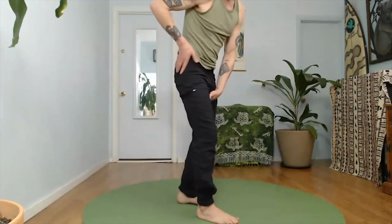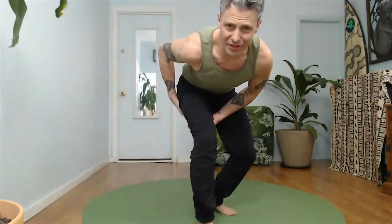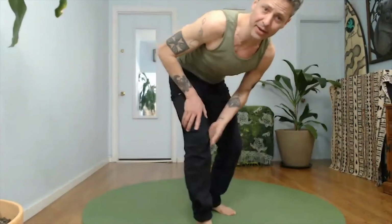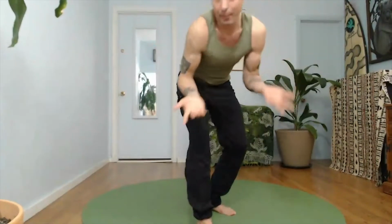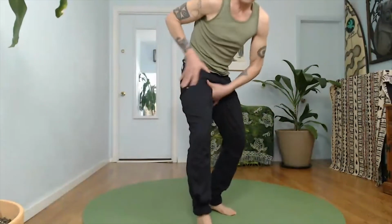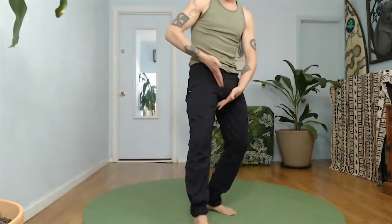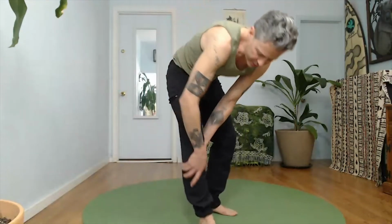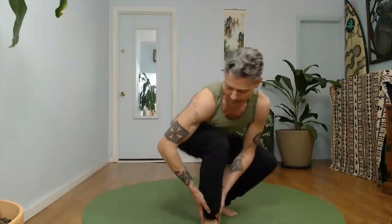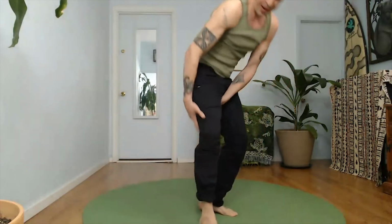What's really important is massaging all the complex geometry areas, the areas where the vasculature has to move through a complex geometry. Those are areas that you really want to massage. So like the inner thigh, back side, all these areas. Even if you're just touching it, it has a therapeutic value or a therapeutic benefit. Okay? So about 5 of these strokes,